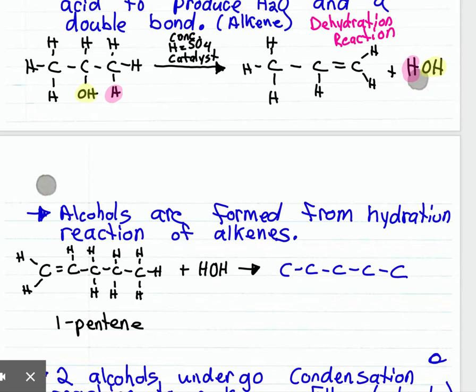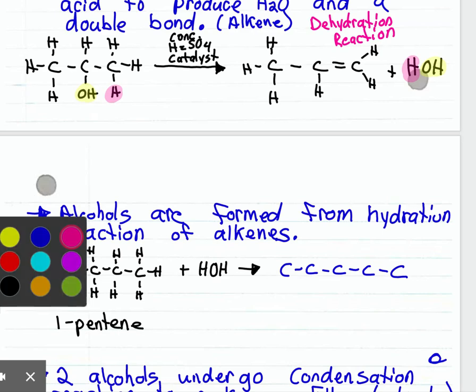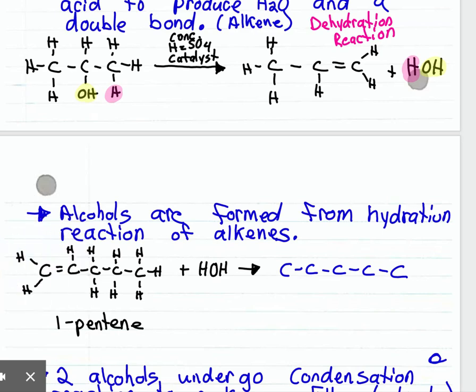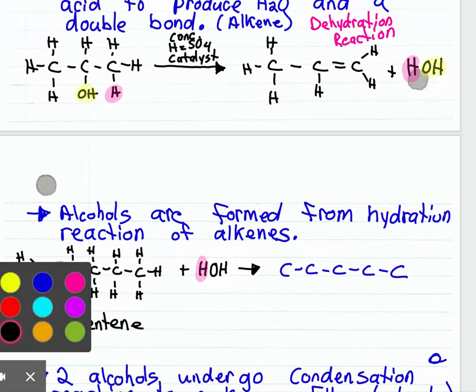What happens, if we take a look, is this double bond here, those electrons are going to be used to connect a hydrogen. And you have to remember your Markovnikov's rule that we looked at during reactions, and that the rich get richer. So the carbon with the more hydrogens is going to get the hydrogen. So the hydrogen is going to come onto this carbon